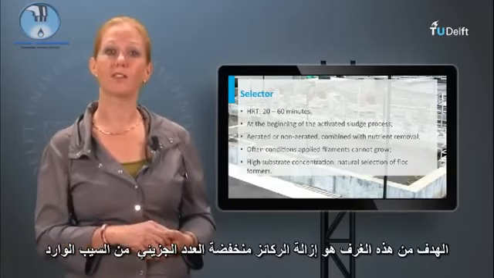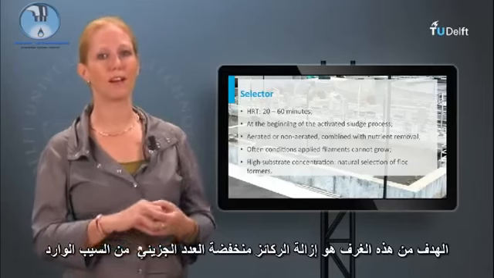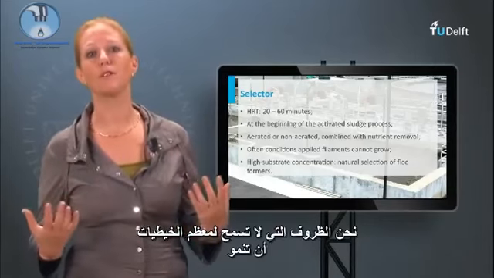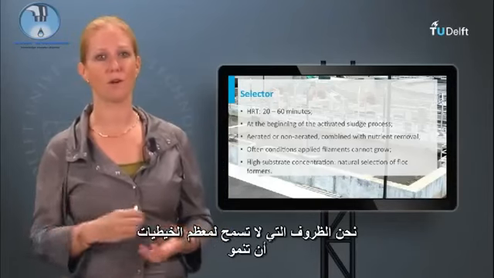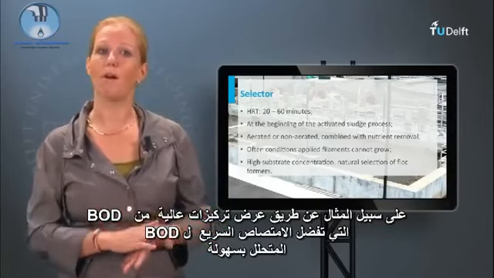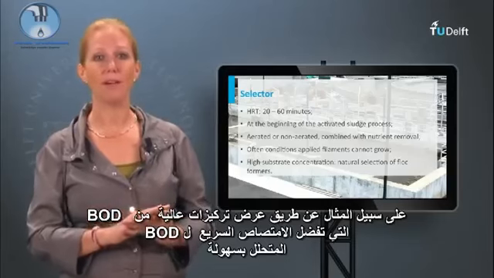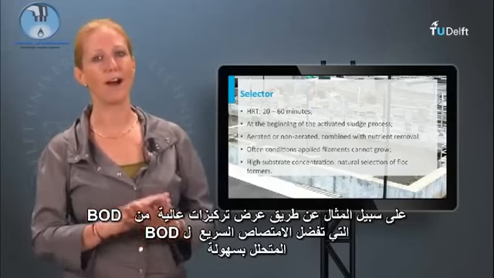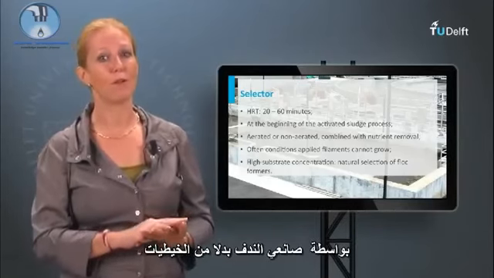The goal of these selectors is to remove low molecular substrates from the influent under conditions where most filamentous species cannot grow. For example, by exhibiting high BOD concentrations that favors rapid uptake of readily biodegradable BOD by floc formers